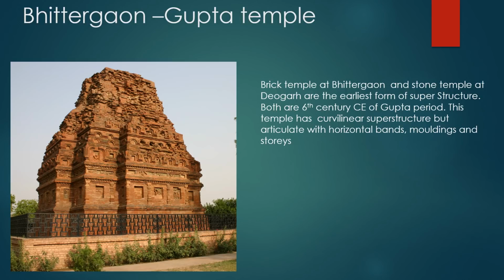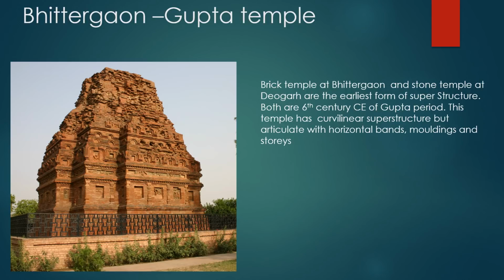Though we have seen the shikhara type of temples in North India on the coins of the Audumbaras of the 2nd and 1st century BC, practically we have temples only of the flat-roofed type in the early phase. But during the time of the Guptas, they constructed some superstructures at Bhitargaon and also Deogarh. Some of the temples are there. These are the fine examples of the earliest superstructure.